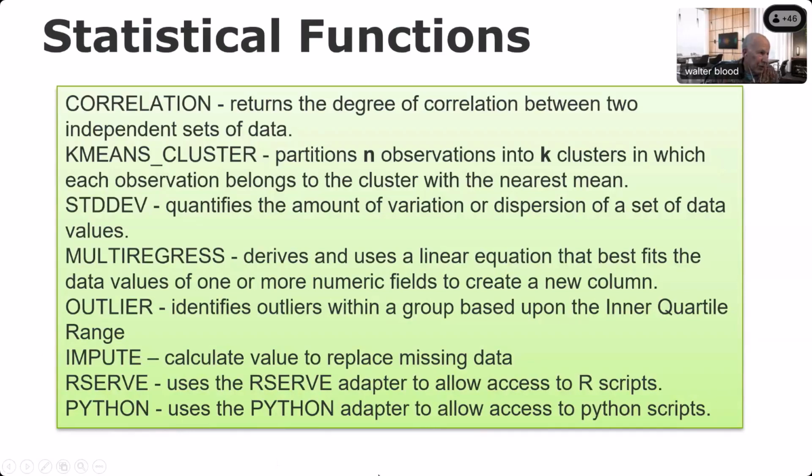Let's say correlation, basically, is simple. We'll take a look at the degree of correlation between two independent sets of data. The k-means cluster, which basically is a clustering mechanism, allows us to group data values. Standard deviation, this is another way to get standard deviation. Multi-regress effectively allows us to create a linear equation to fit the data values into a single equation. Outlier